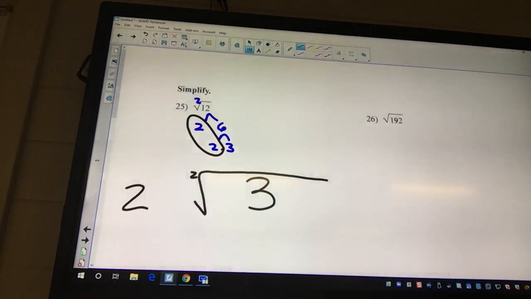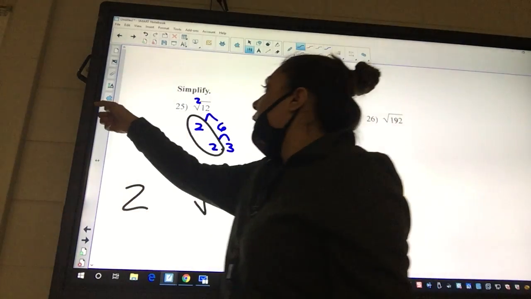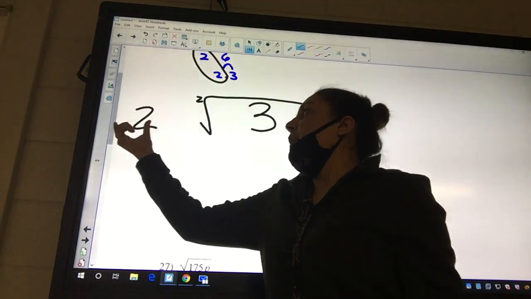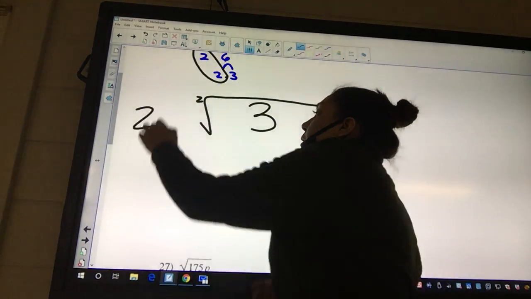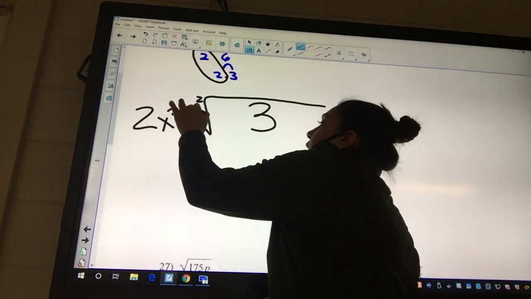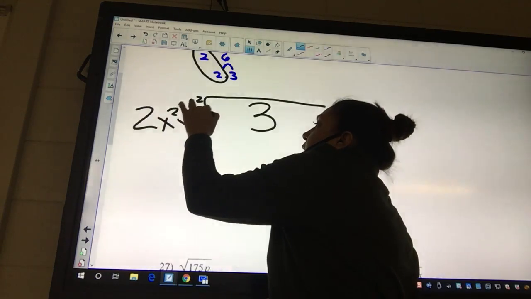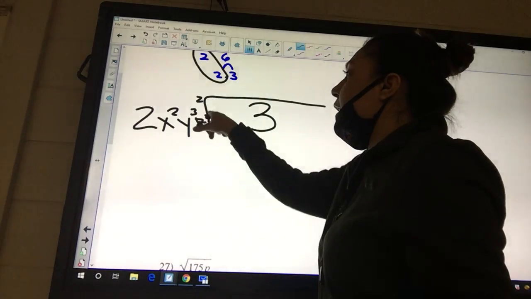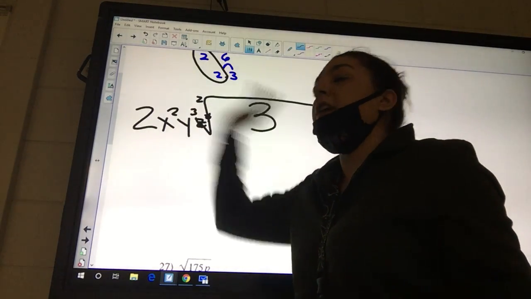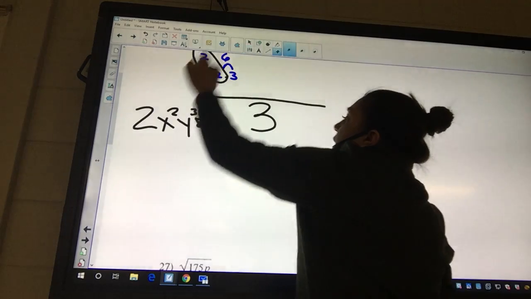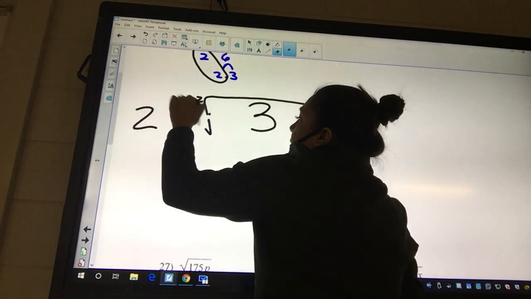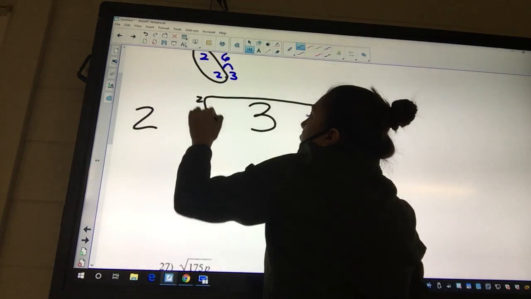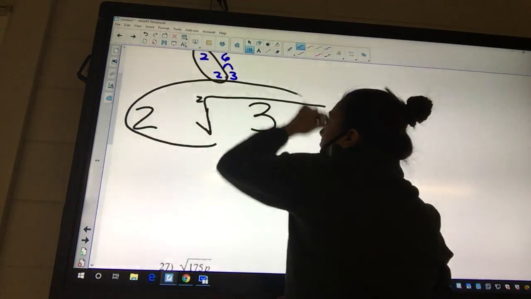Now, I want you guys to notice something because some of you guys are doing this. Look up here. See how I write my 2 way out here? That gives me plenty of extra room for variables because what happens is you have x squared, y to the 3, and then you try to fit in z to the... And then some of these look like I don't know what's going to what, okay? So write your number as far out as you can. It's okay if there's space missing there. It's not that big a deal, okay? But on a quiz, you don't want to miss those points because I think you wrote something that you didn't,